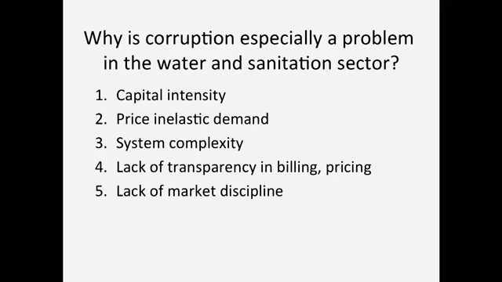The fifth reason is lack of market discipline. Water vendors may face market discipline, but public water utilities rarely do. Inefficiencies in production may be introduced by corrupt practices in employment and contracting. But such inefficiencies do not put much pressure on public water utilities to reform. Finally, the sixth reason is that there are many donors and NGOs working in the sector. This means that if one donor objects to a corrupt practice of a government, the government can often find the funds requested from another donor, again reducing pressure to reform corrupt practices.